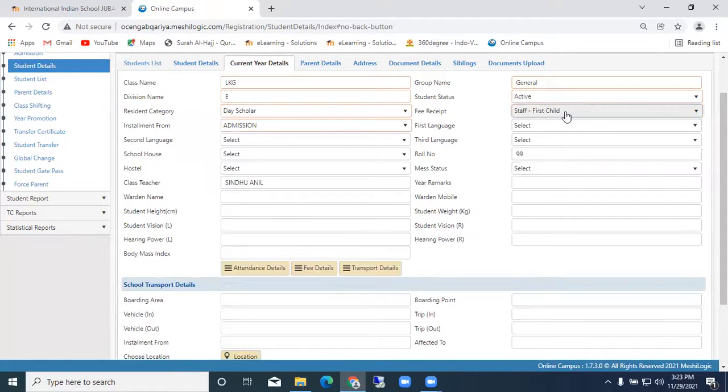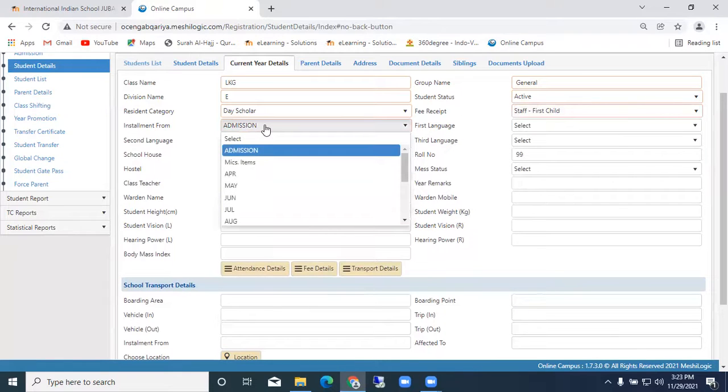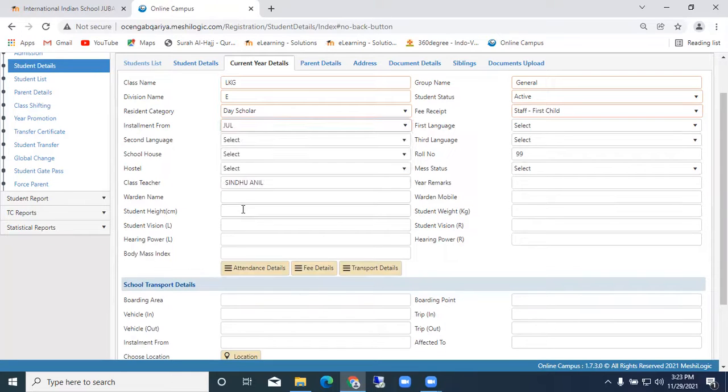So we just need to select the installment admission, this one. Installment starts from April. Sometimes if it is a readmission, at that time we will select readmission. Readmission is a miscellaneous fee, we will add that fee on the spot, and that will start. Suppose I am taking the admission in the month of July, I will start the installment fee from July. That's it. So that effect will come here.